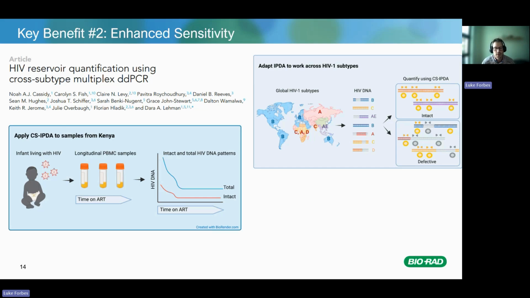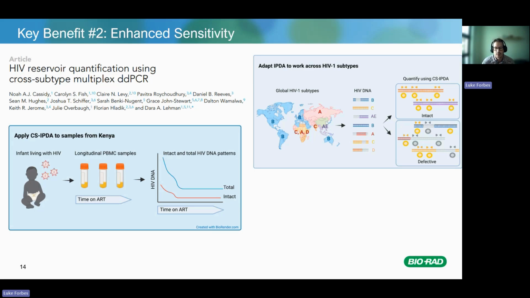And this process of generating proviral DNA through reverse transcription is often error-prone, and most integrated proviruses contain mutations, insertions, and deletions, rendering them often unable to produce new infectious virus. So the remaining cells that contain full-length intact proviral DNAs can produce replication-competent viruses, and they are the source of what is termed viral rebound upon ending treatment, and are obviously a major barrier to cure. For many years, the gold standard was the quantitative viral outgrowth assay,